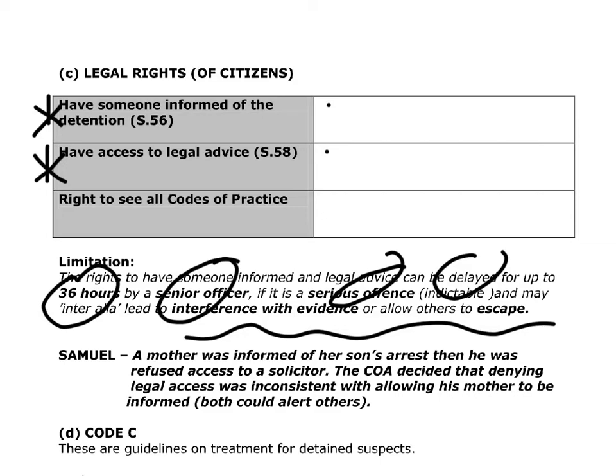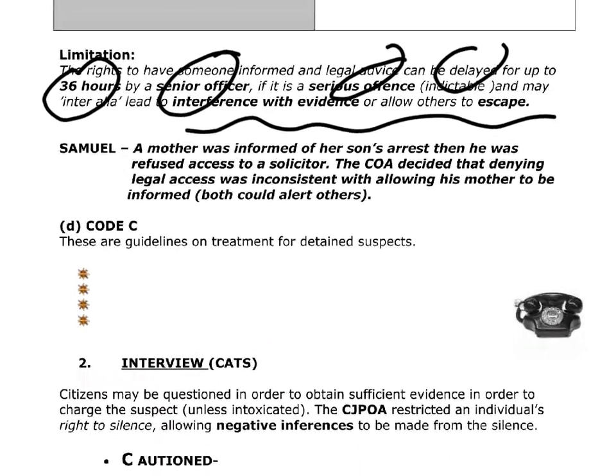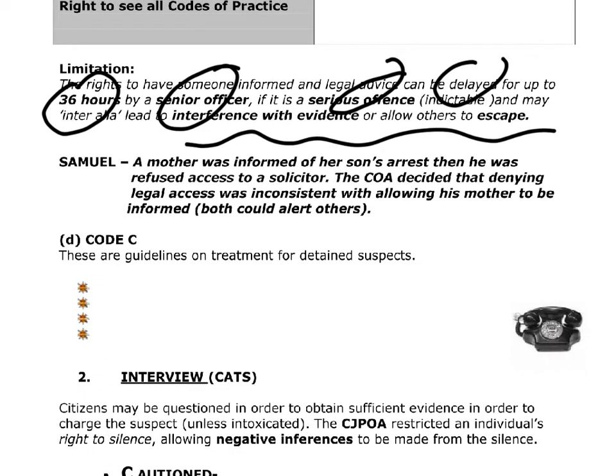Now, the problem that we've got is, Samuel highlights a very, very big flaw when the police have tried to do this previously. With those 2 rights, if you're going to delay them, you need to delay both of them or none of them. Now, in Samuel, they delayed 1. So they allowed him to speak to his mum, but they didn't let him speak to a solicitor. Now, ringing to speak to his mum is clearly then going to say, get me a solicitor. So then delaying his right to a solicitor isn't really delaying a right, because he's getting that right back because he's able to speak to the solicitor.